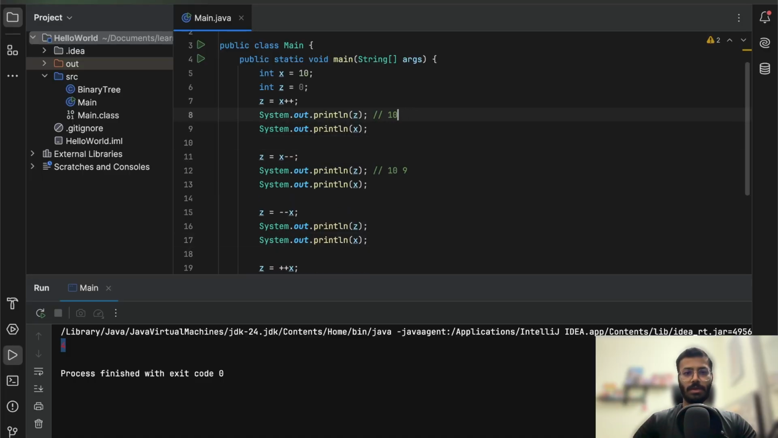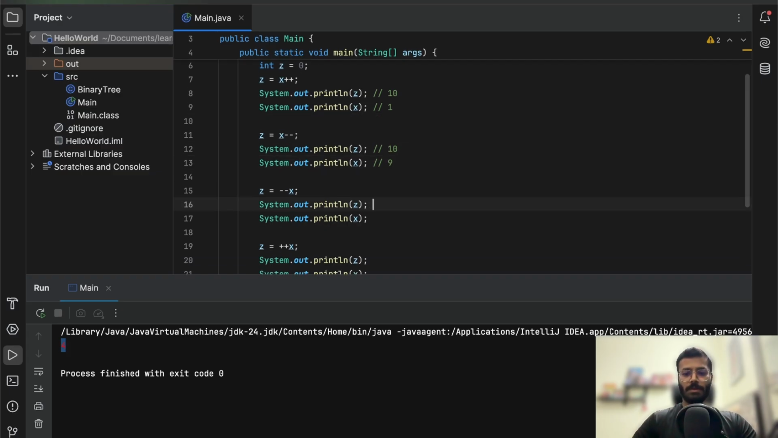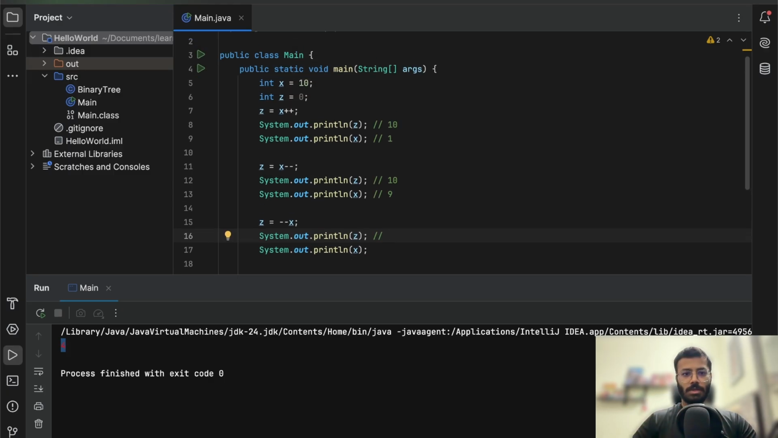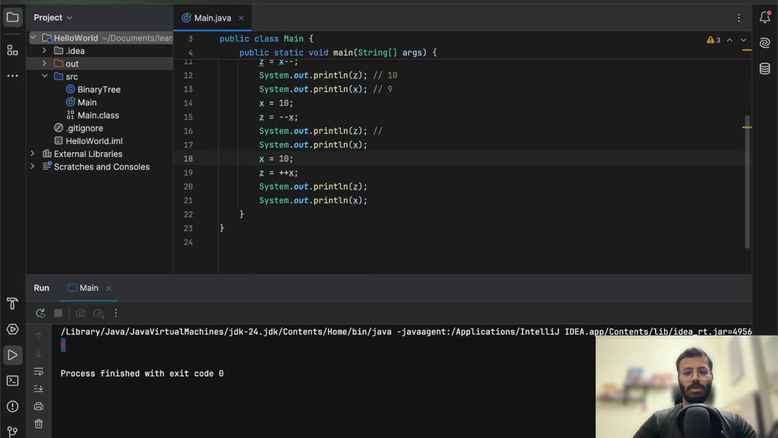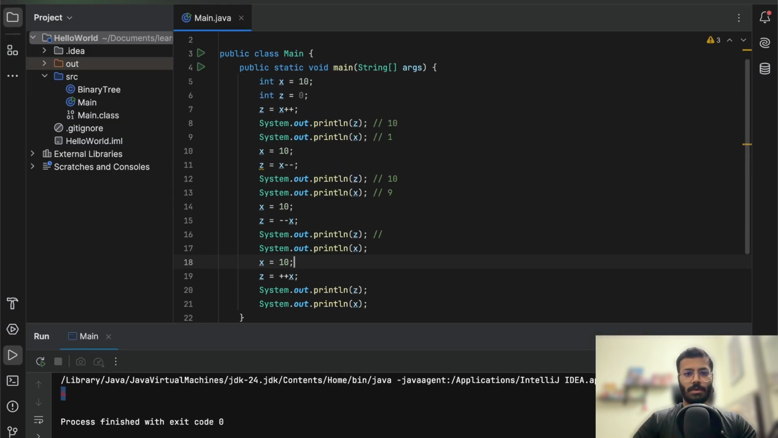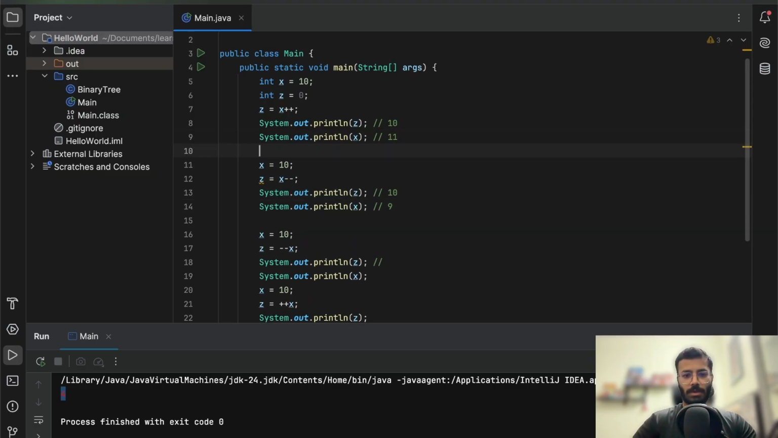Okay, so this will be 10, this will be 11, then this will be 10, then this will be 9, then this will be again, so we have already incremented. So let's do one thing, let's just initialize x to 10 after every statement so that we do not have to calculate it at every step. Right, so now this will be 10, this will be 11, and this again x is 10, z is 10, x is 9 because we decremented it, and then we have z here again,